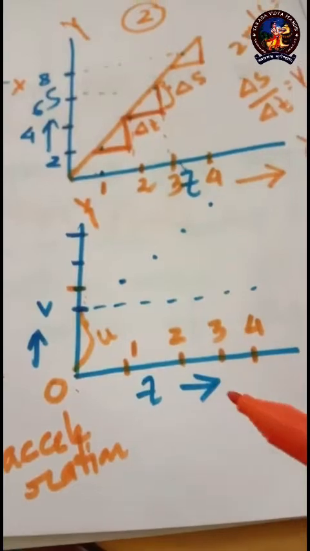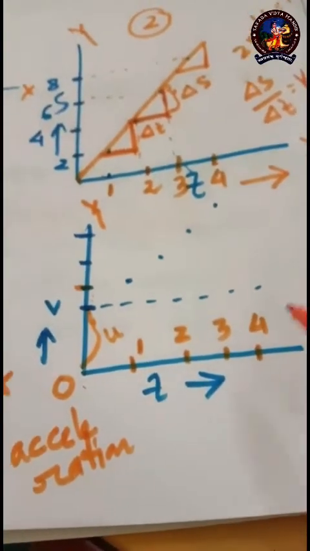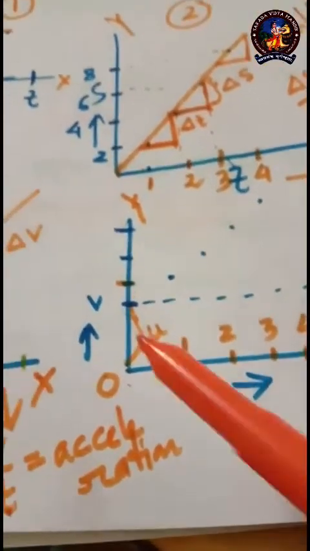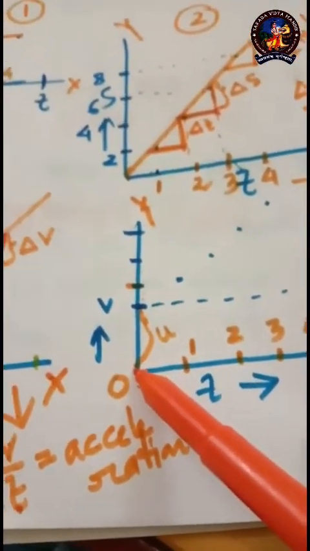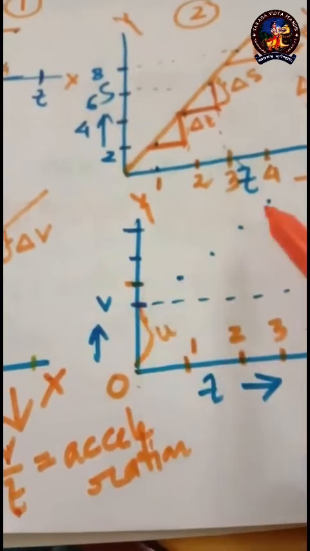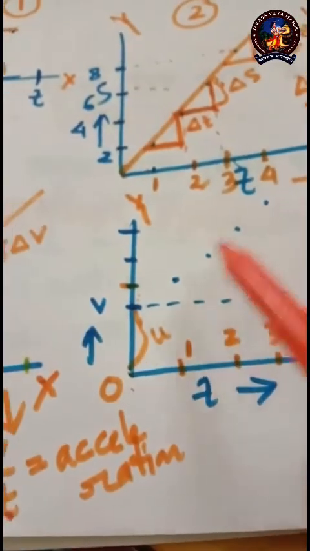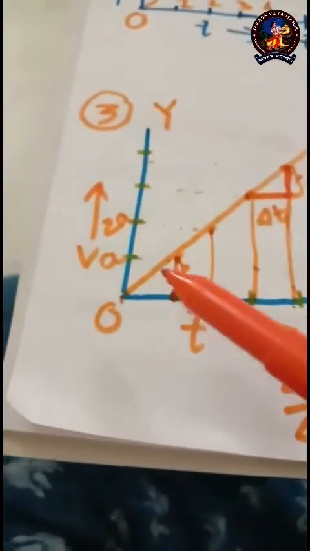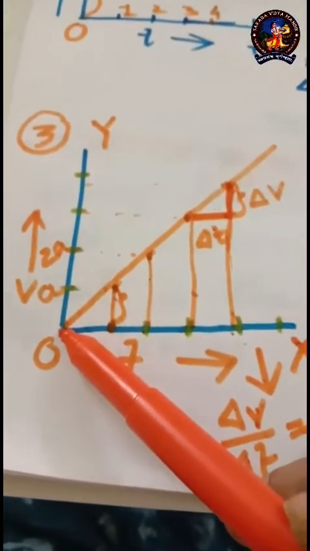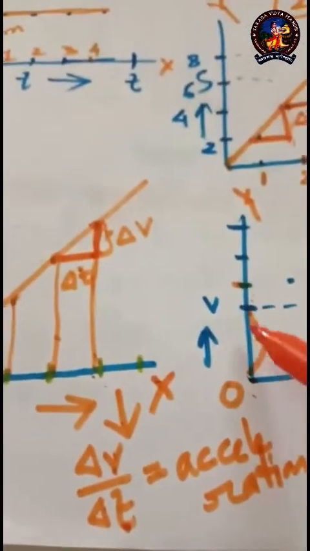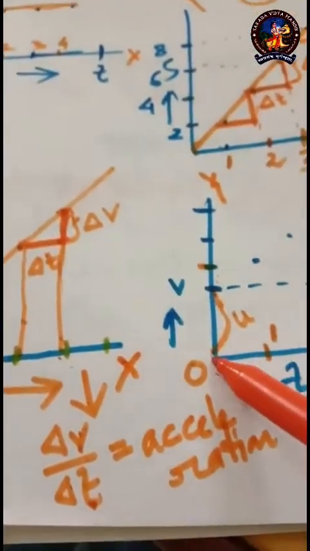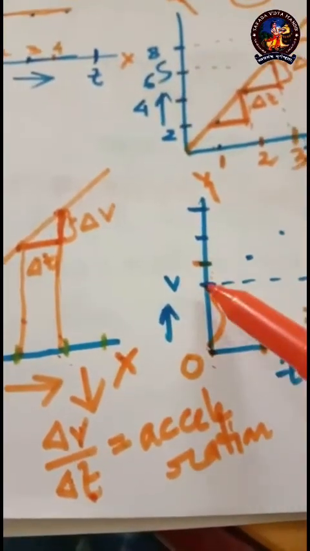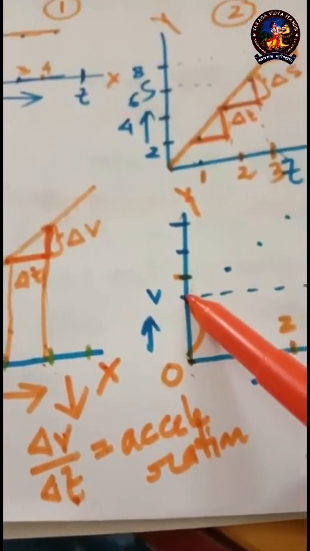Suppose the bus is moving with a constant velocity, say 50 km per hour, and now it is suddenly accelerating. If I draw the graphical representation, at this moment the velocity is already there. For the first case there was no velocity, that is why we started with 0. But now we are not starting with 0. At 0 time we have some velocity, so we have to start with some upliftment. So from here we start.